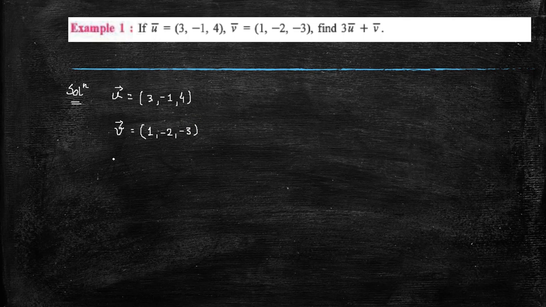Now what do we want? We want to find 3u plus v. You can write a vector either using an arrow or a bar over it. Okay, so by putting values from equation 1 and 2 in equation A,